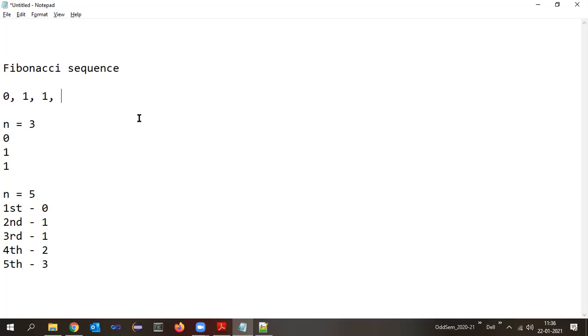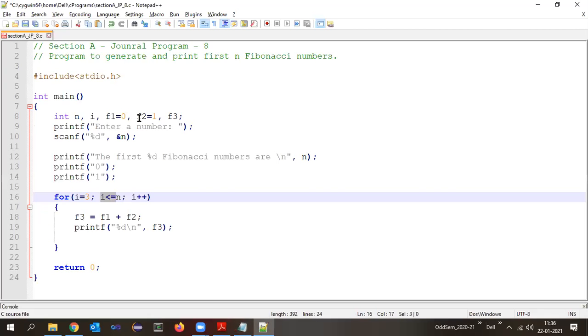How will I get it? From the previous two numbers. But if you look into the code, f3 is equal to f1 plus f2. What is the value of f1 now? What is the value of f2? 1. So f1 plus f2 is 1. So f3 is again 1. If I do so, again it will print 1 only.